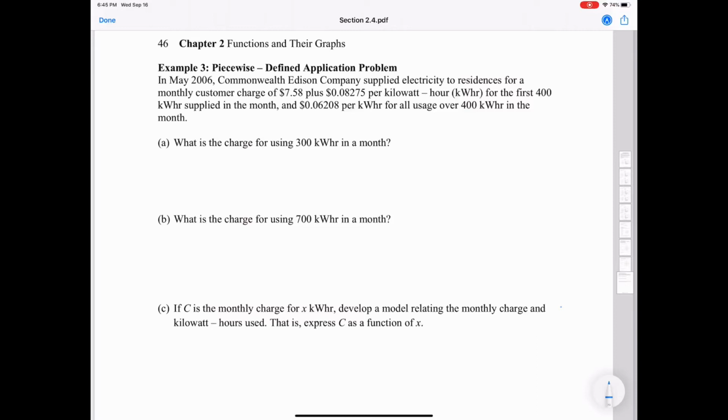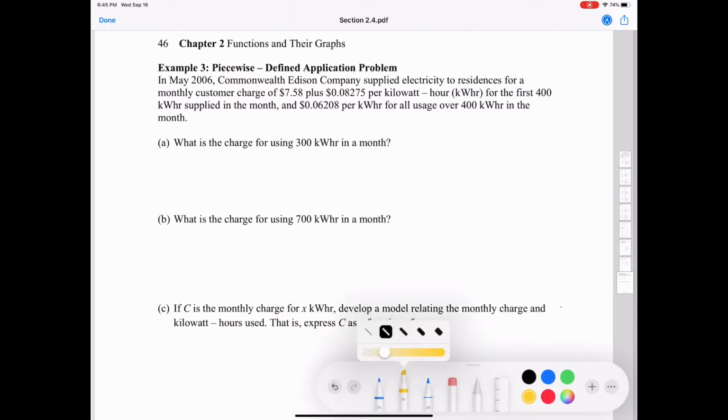I'll explain how to do this problem. If you open your textbook to page number 107, they have a similar problem like this. Okay, so the first thing is the given information: in May 2006, Commonwealth Edison Company supplied electricity to residents